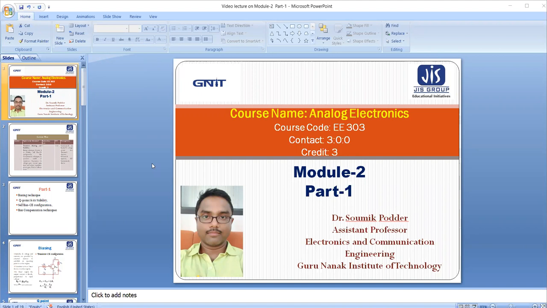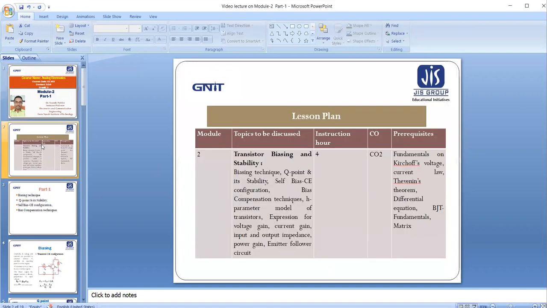The course code is EE303, contact is 3 and credit is also 3. Today we shall discuss part 1 of module 2. Before going to the detailed discussion of module 2, let us introduce the lesson plan of this module. The topics to be discussed in module 2 are